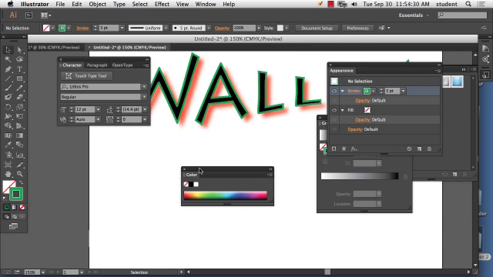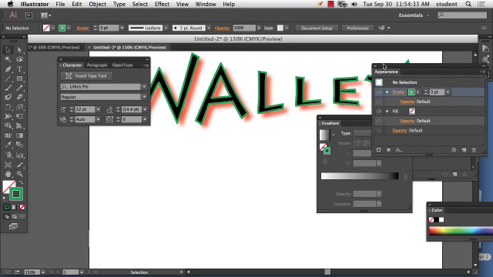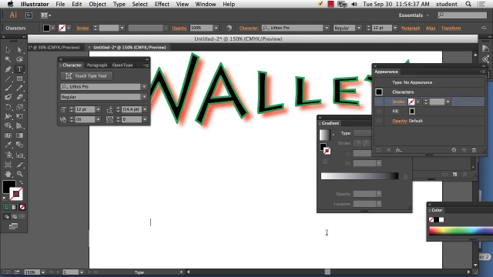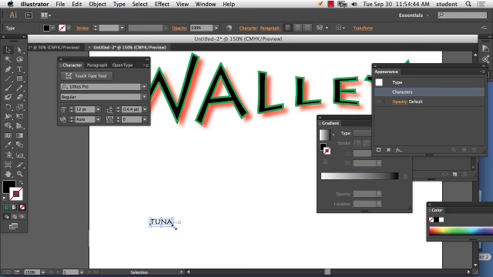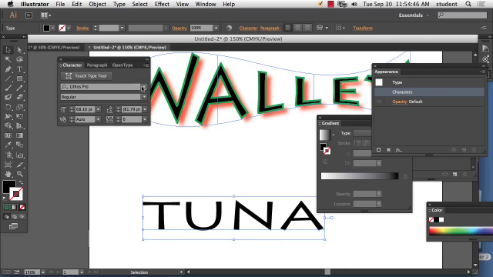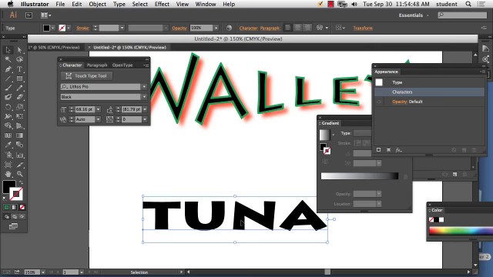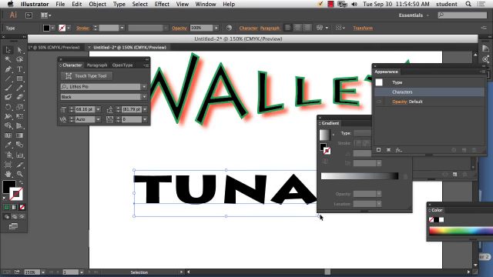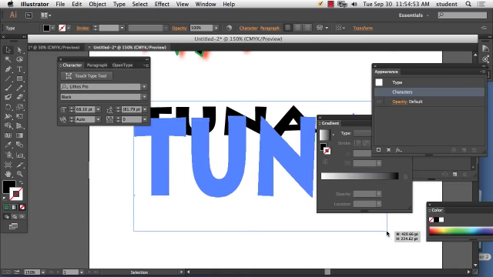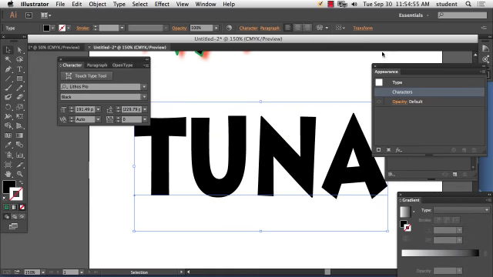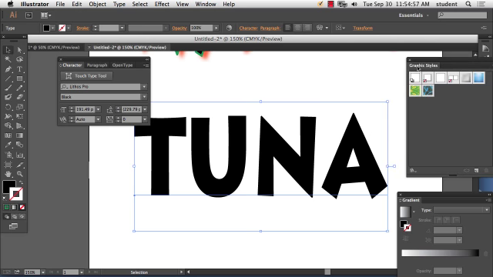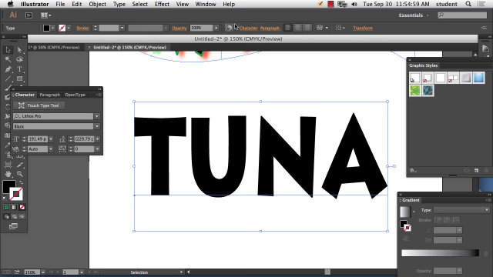Okay. There's also another one in there if you want to make your own shape instead of doing the warp. What's another fish you like? Not salmon. Tuna? Who likes tuna? Another way of adjusting your text is to use not necessarily the warp, but there's one called Make with